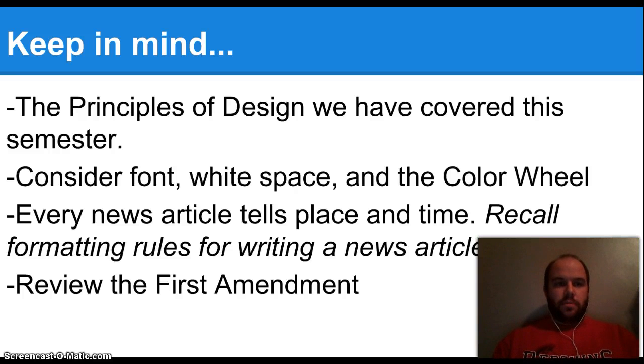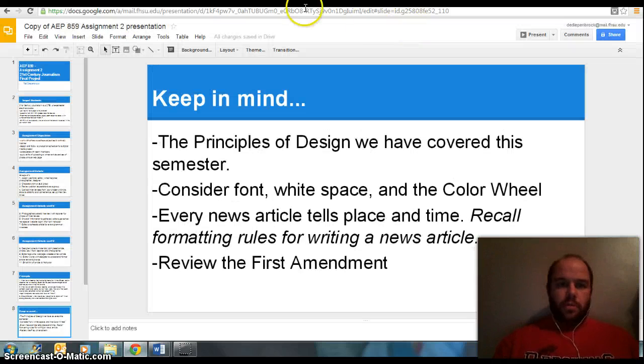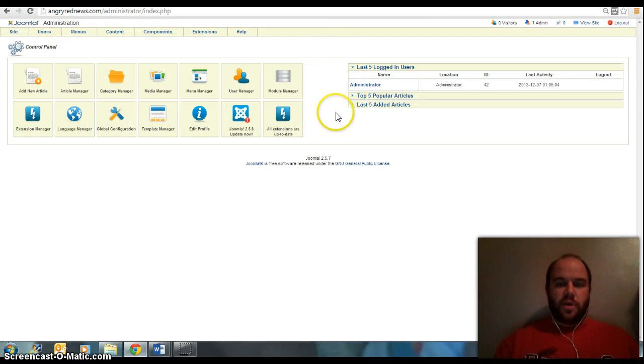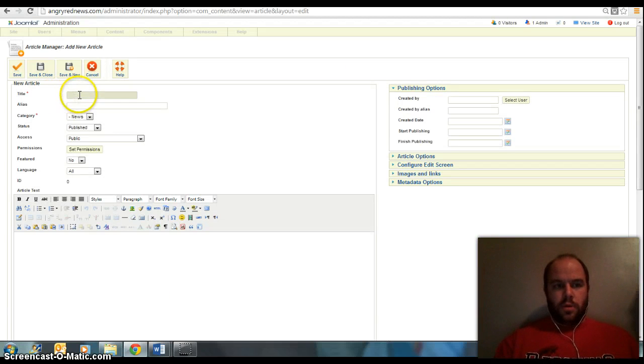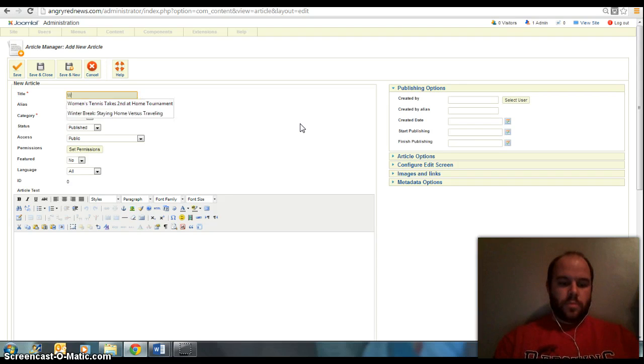Really quick, some quick tips on how to create the article. Once you've reached the step where the editor receives the login information from me and you're logged in, we use a program called Joomla for the online school newspaper. Go to create a news article. Create a title. And then an alias would just be something